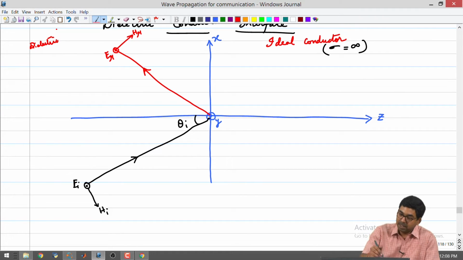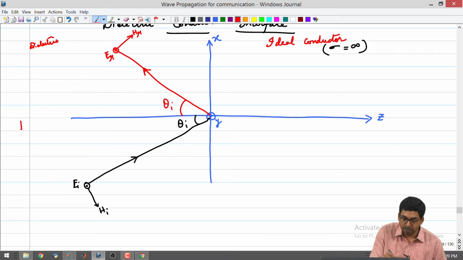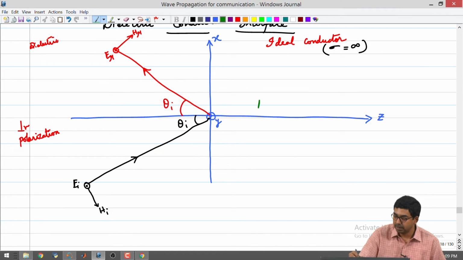So, here we are assuming that everything is going to be the same, and we will see at the end whether our assumed directions are correct or not. Right now we do not know, we assume this. Angle of reflection is going to be equal to the angle of incidence, and in this case you have no transmitted wave at all. And we are talking about perpendicular polarization, and I will also mark that there are no fields inside of the conductor.